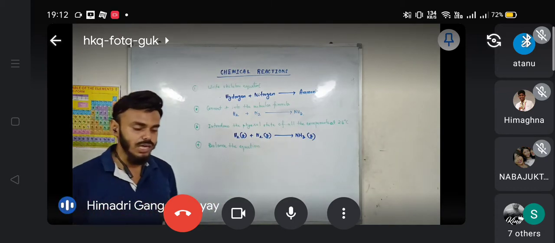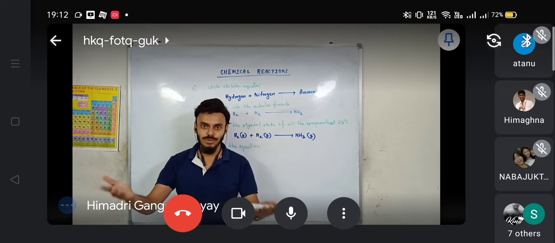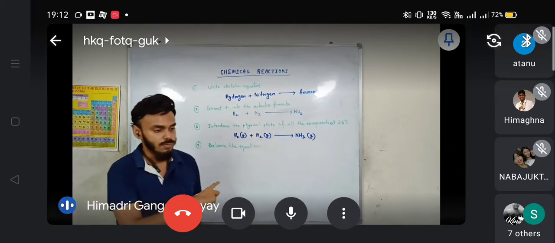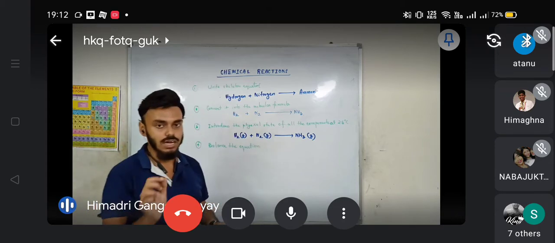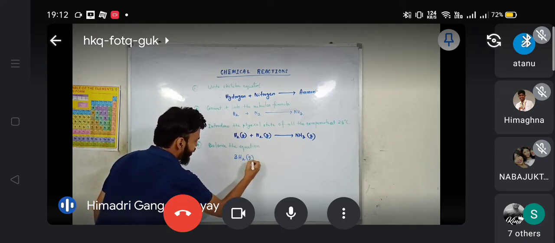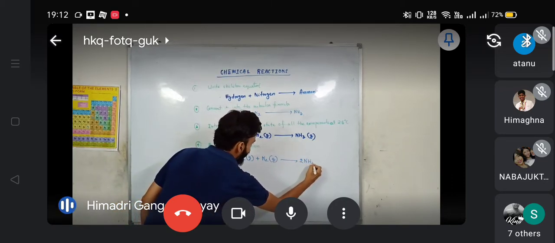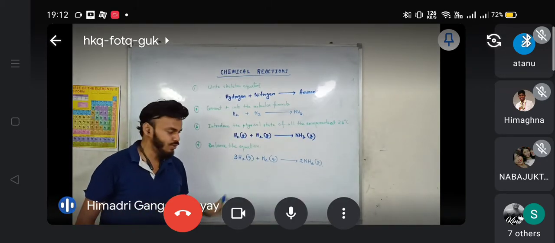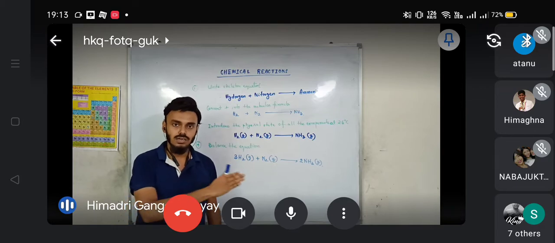Now for balancing a chemical equation, that will be our next topic, we can use two methods. One is the hit and trial method, that is a very familiar method to us. Another method is called the algebraic method. We will also discuss balancing by the algebraic method later today. We can use either method. Hit and trial is the common method. So after balancing, as you know, it will be 3 moles of hydrogen plus 1 mole of nitrogen, that will give us 2 moles of ammonia gas. So this is the fourth step, and this is the balanced chemical equation. 3, 1 and 2 are the coefficients after balancing the chemical equation.